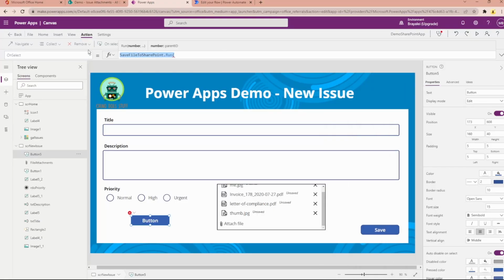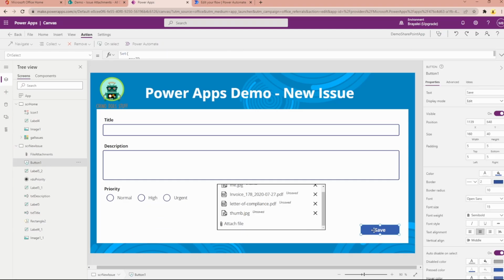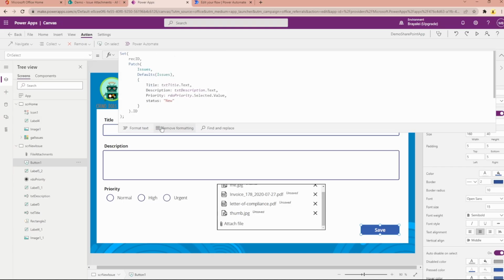So all I need to do here is just copy that. I can right click and copy, or just grab that and hit Control C. So we don't need this button anymore, so let's just delete it. And in our save here,